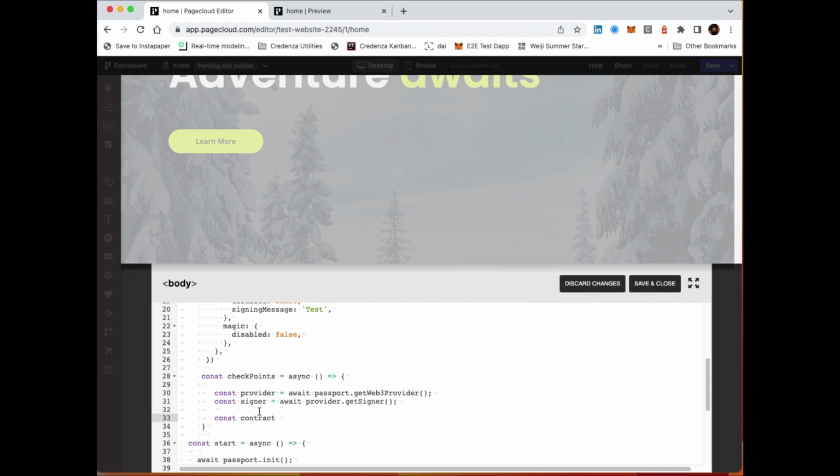Now, as you'll notice in each case, we are doing awaits because there is a synchronous aspect and these things need to happen in sequence. We can't just gloss over it. But in this case, when you have a contract, we're going to do await. And because we created the library include as a script include, we're going to have to access the window, and then it's going to be credenza contracts. And then we're going to call a method called get credenza